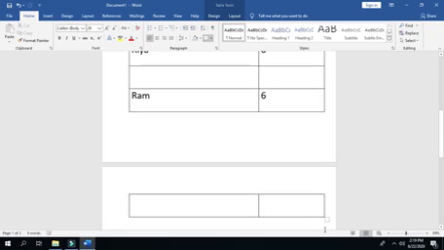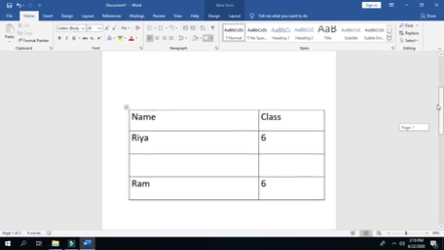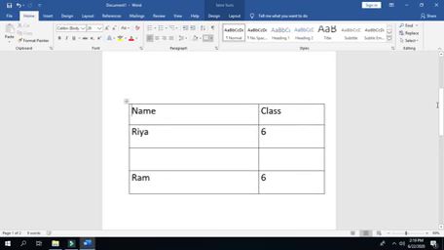Next is combining cells in a table. We can also combine cells in a table to make one large box. So suppose, see, there are two boxes. Now we can combine these boxes to make one box. This feature is also known as a merge feature.